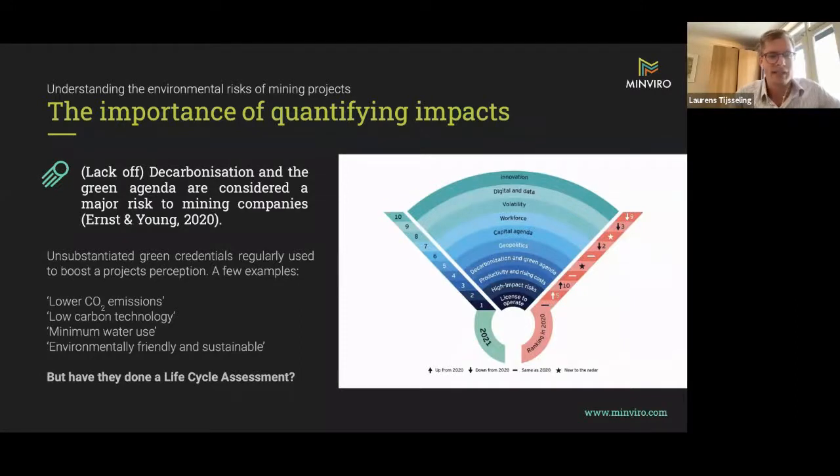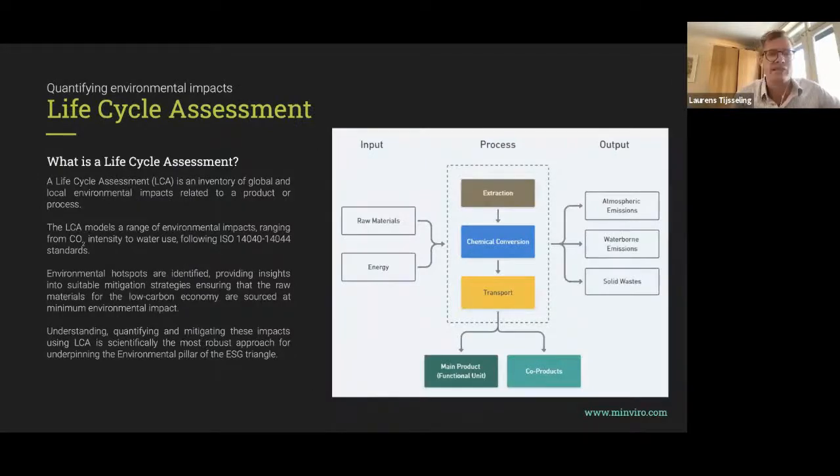So to give you a few examples, some of my personal favorites, how they describe their projects: lower CO2 emissions, low carbon technology, minimum water use, environmentally friendly and sustainable. And the thing that we probably ask ourselves on a daily basis is, but have they actually done a life cycle assessment? And now to kind of talk about what a life cycle assessment is, or also an LCA, basically